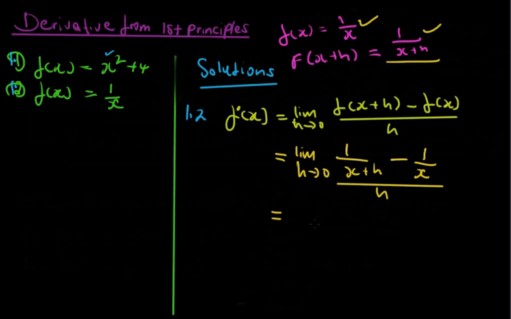The LCD there is x times x plus h. This is your denominator. Then on top, cross-multiplying, you will have x minus x plus h, then divided by h, limit h approaching 0. Then so when solving that,